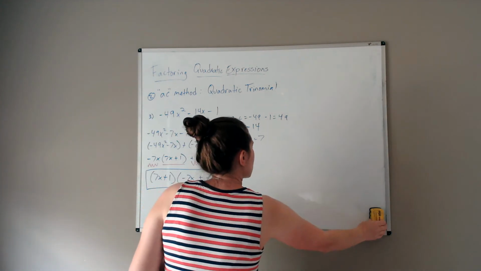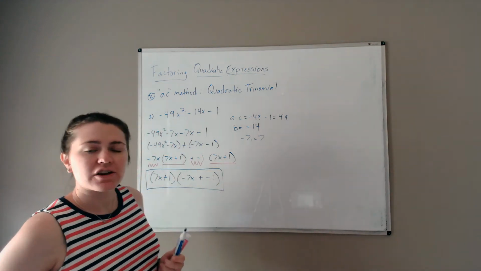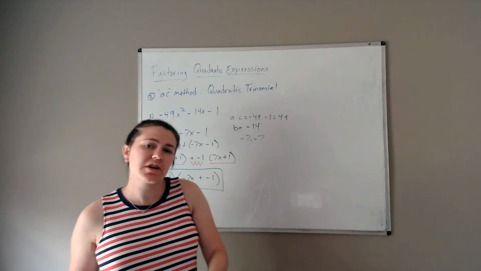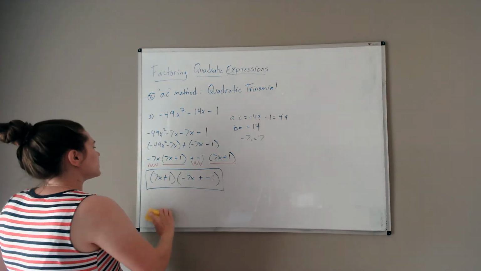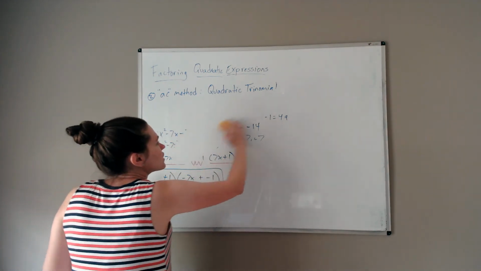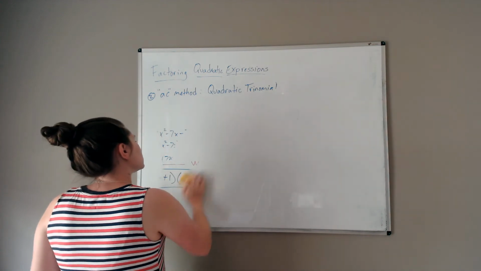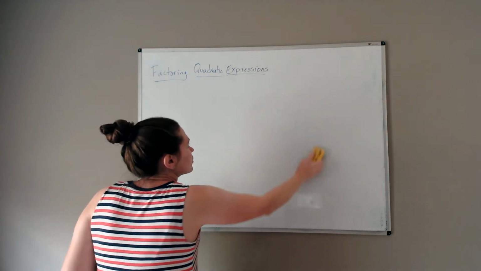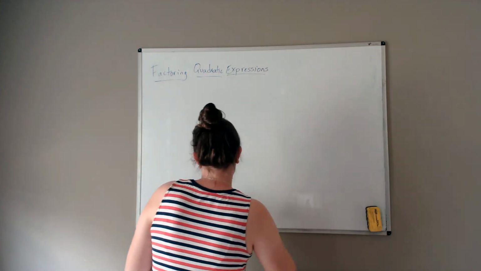Okay, so that's it for the AC method. Whenever you have ax squared plus bx plus c, make sure it's of the form ax squared plus bx plus c, and then you can begin using the AC method. Not all quadratic trinomials will you be able to use the AC method for. If you can't, then you just write not factorable. Okay, the third